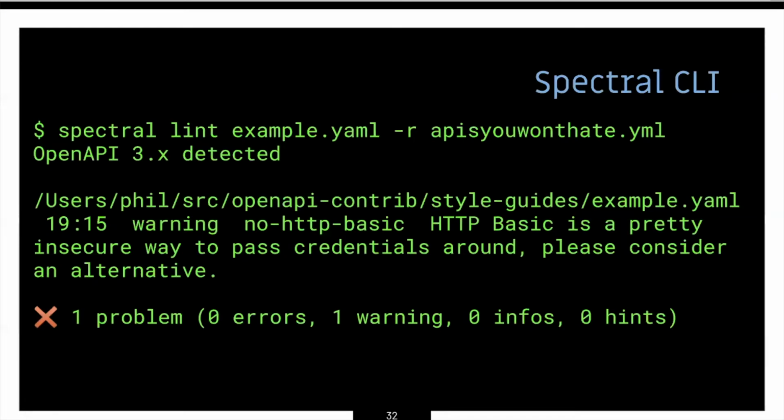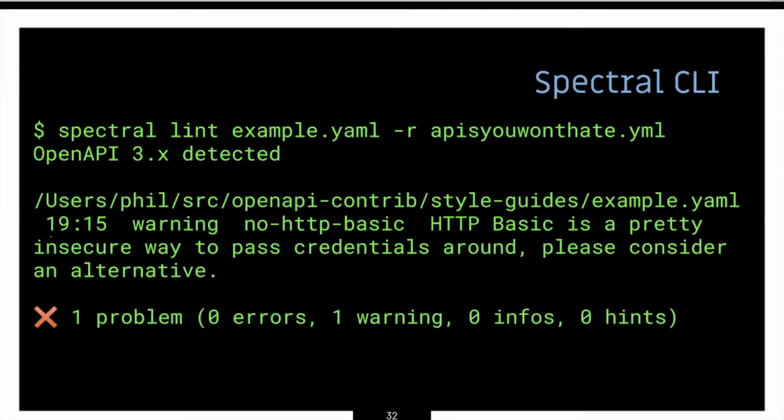So Spectral is just an NPM package you can install. You can install it via Docker or a few other ways as well. And that means that you can use it in any kind of workflow that you can imagine, really. Like if you use continuous integration, then you can run it in Jenkins or Circle CI or whatever to make sure that people are following the rules of the rule set in all of their pull requests. So they literally won't be able to send any bad OpenAPI or create any bad endpoints if you set it up that way, but obviously you have control over how CI works.